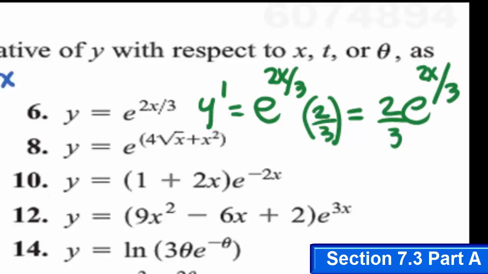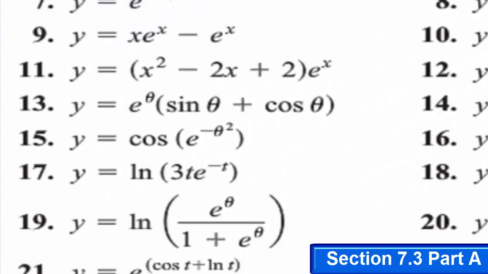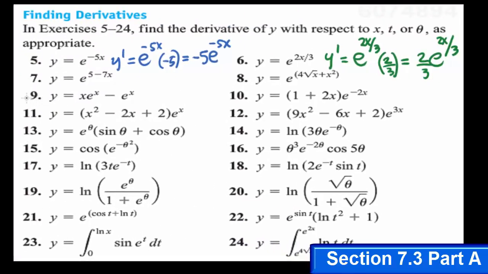Okay, and how about number 9? Number 7, I think you can handle that as well as number 8. So let's do number 9. We have y equals x times e to the x minus e to the x. All right, so what is y prime? Since this is a product of x and e to the x, use product rule. So from product rule, let me just write here PR. Product rule, this becomes the derivative of the first, which is 1, multiplied by e to the x